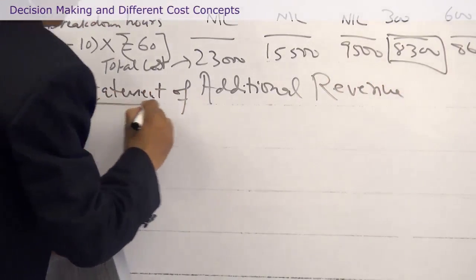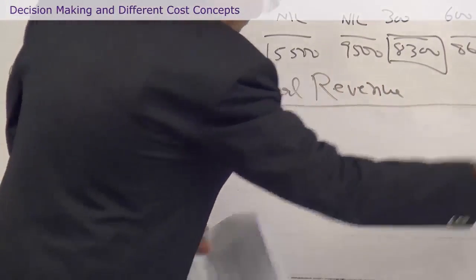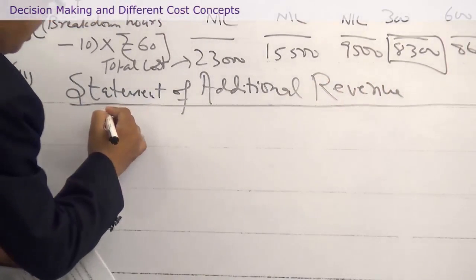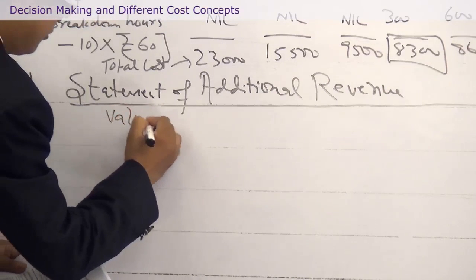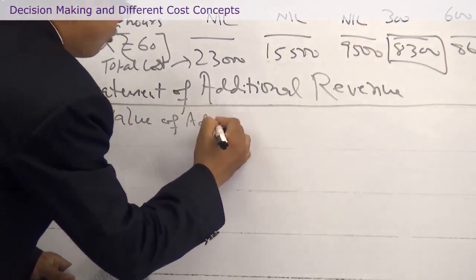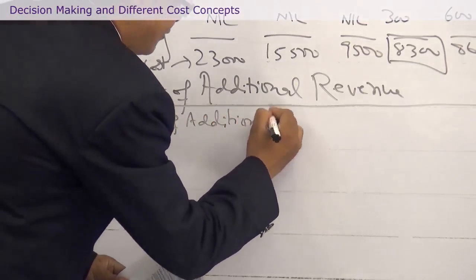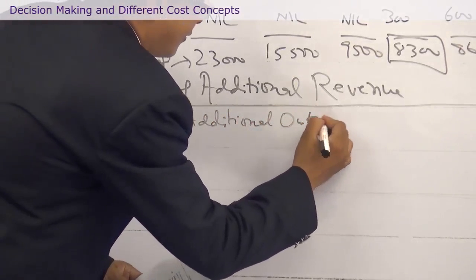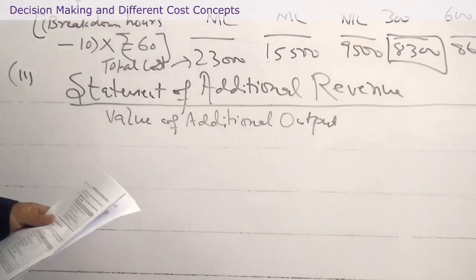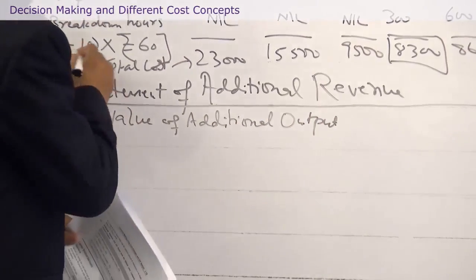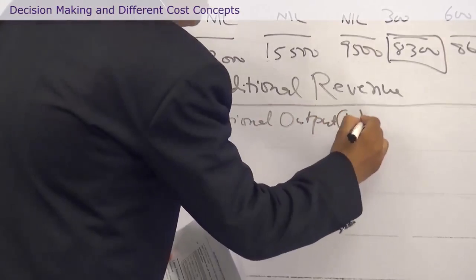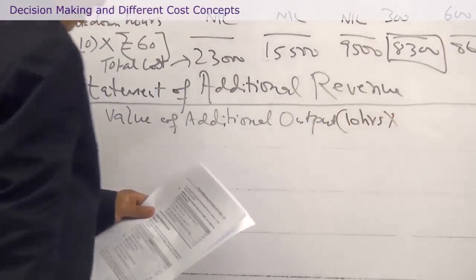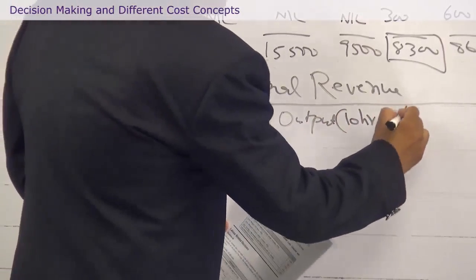So what is the extra you get? So value of additional output. So what is the additional output? You save 10 hours, right? 10 hours. You multiply with 6 tons